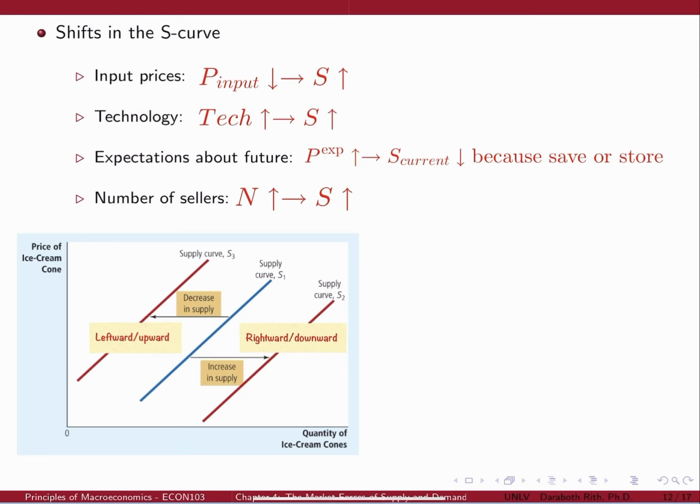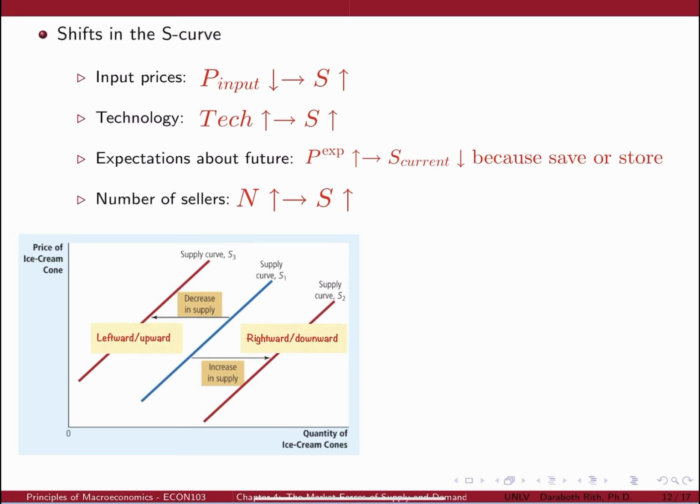And lastly, the number of sellers also matters. If the number of sellers increases, the supply will also increase accordingly. Suppose there are more sellers in the market of home assistant devices such as HomePod made by Apple, Google Home Assistant, Alexa device made by Amazon. We can simply see that there are varieties of these devices selling in the market.